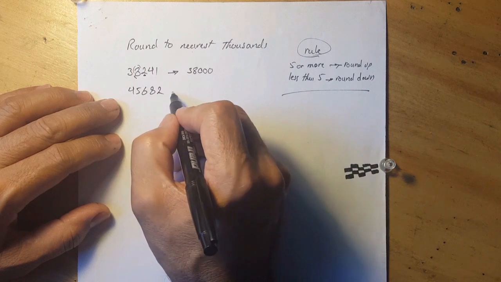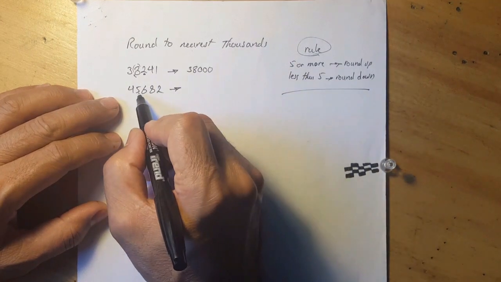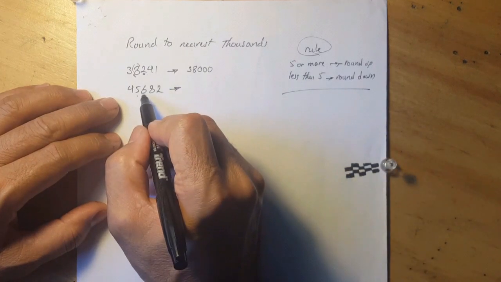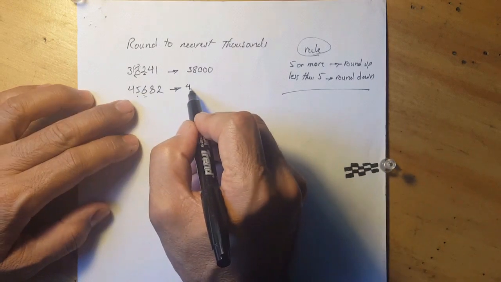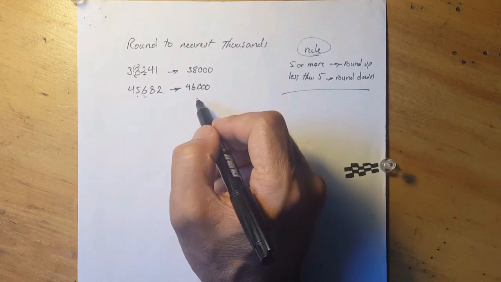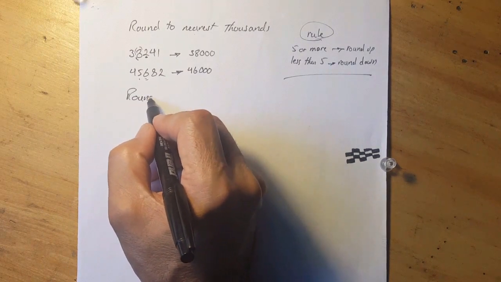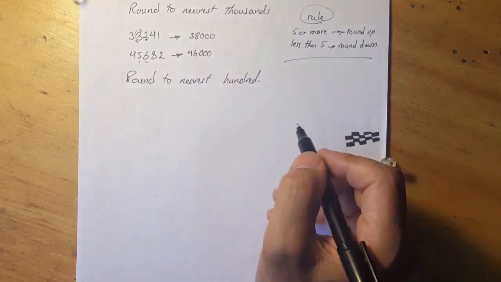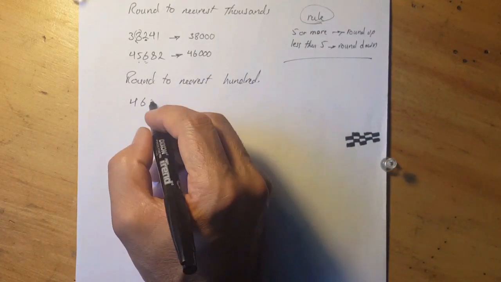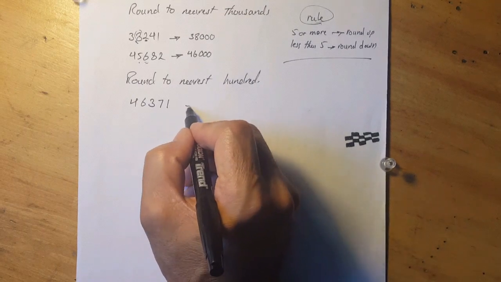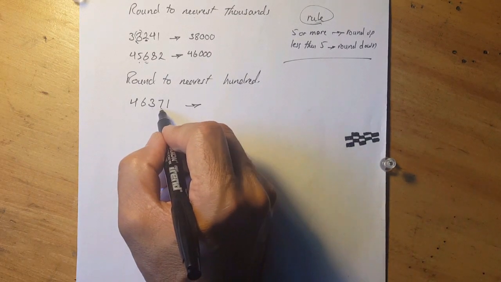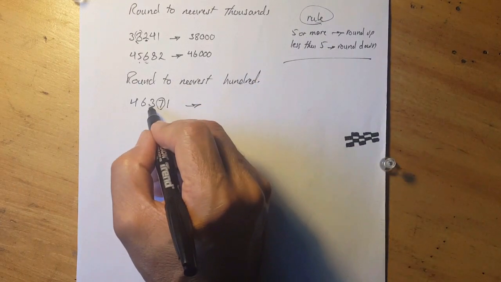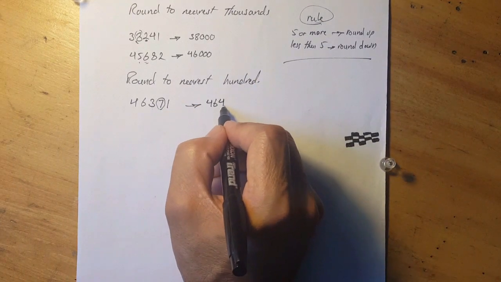Next example, 45,682. We look at the digit right beside the group of 1,000, which is 100. It's round up, so 1 is added to the group of 1,000. So it's going to be 46,000. We can also round to the nearest, for example, hundreds. Again, we look at the digit right beside the group of hundreds on the right side, which is the group of tens. Because it is 5 or more, it's round up, so 1 is added to the group of hundreds, so it's going to be